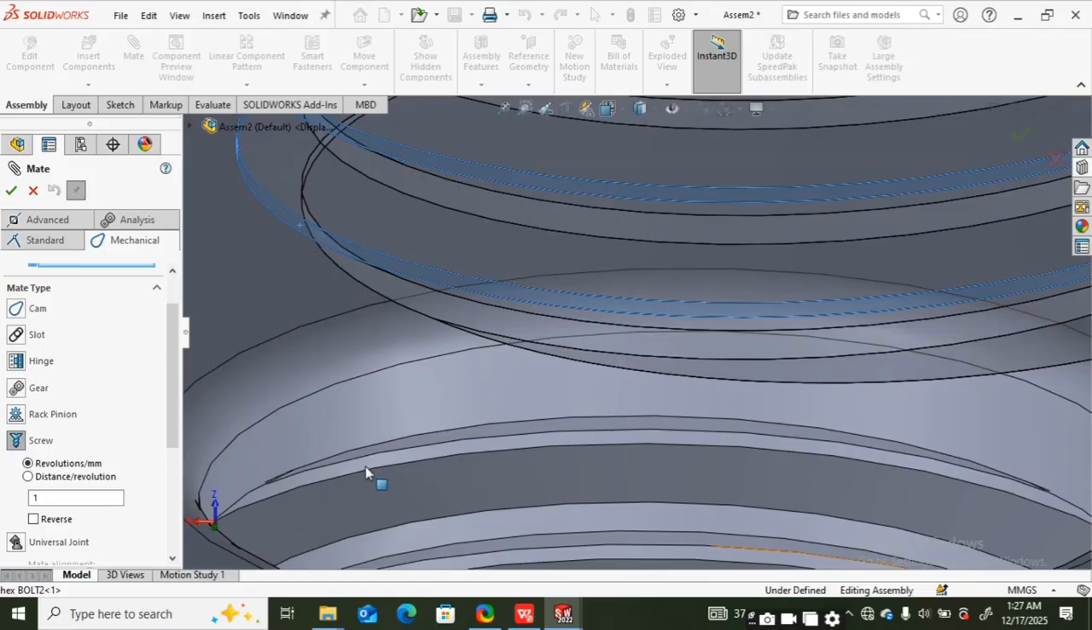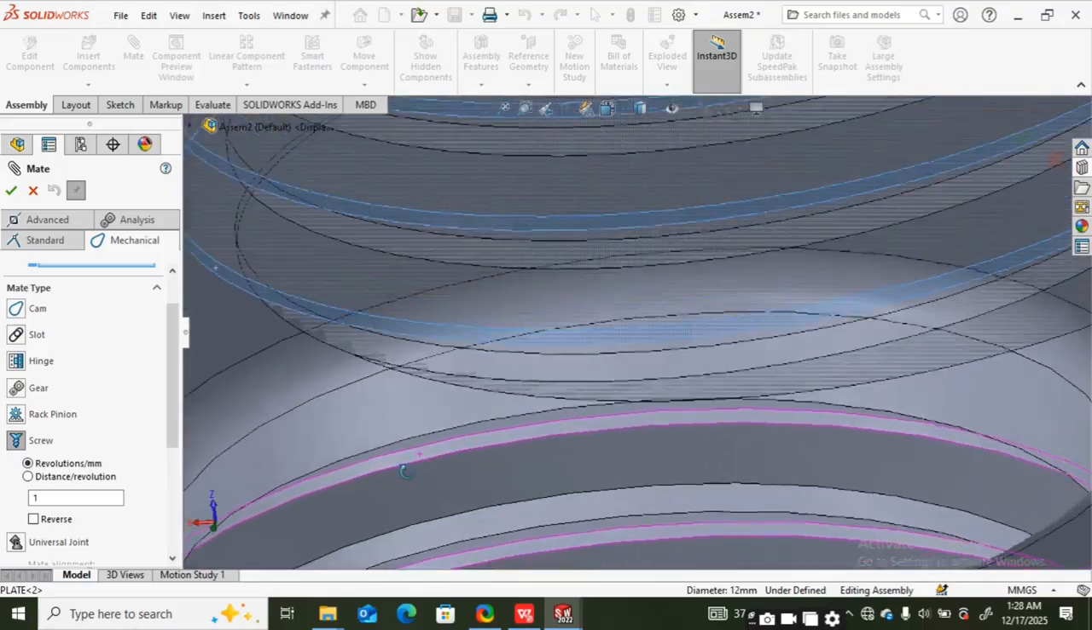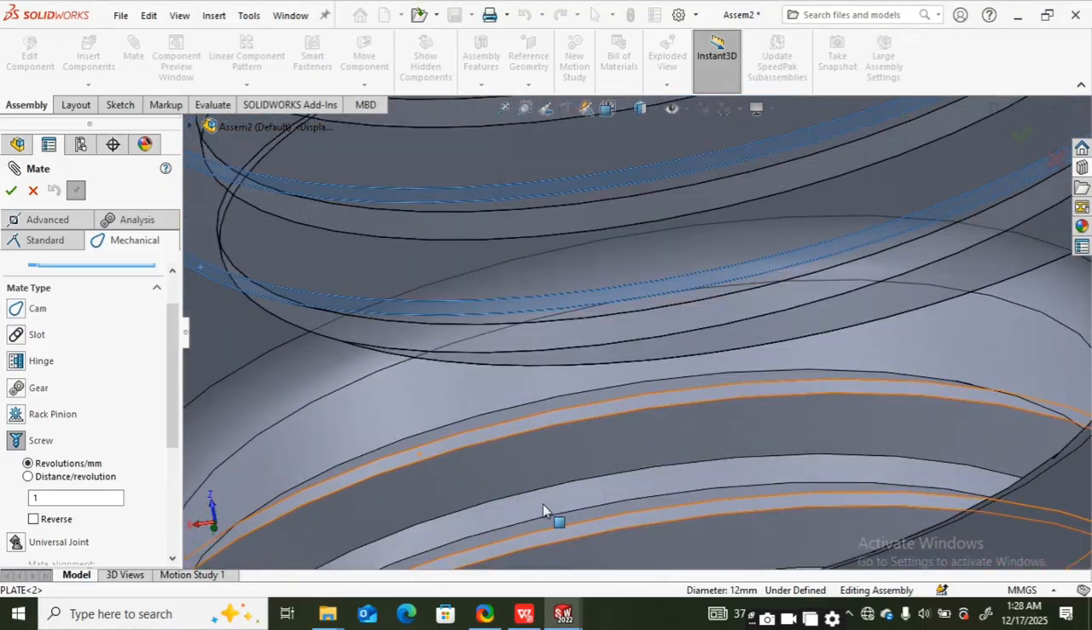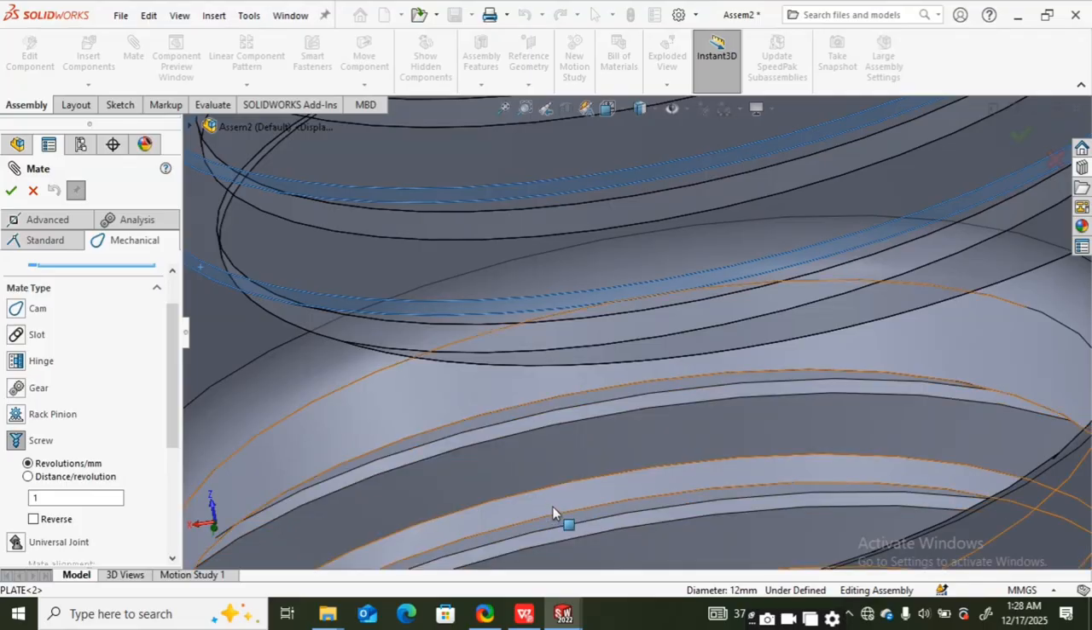Once I select it, I also select the tip of this thread below at the O, at this very O. So I'm just going to select that tip as well. What it's going to do is align itself accordingly, but we need to be very careful at this very moment,